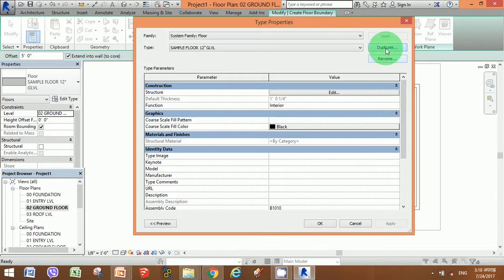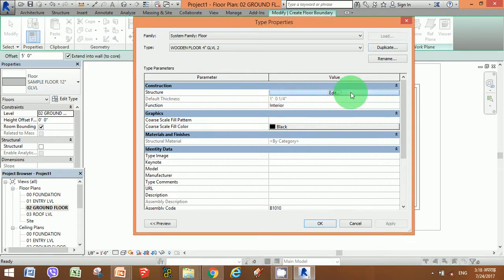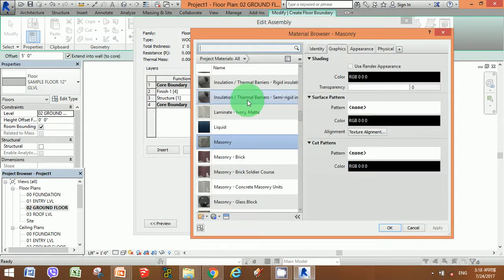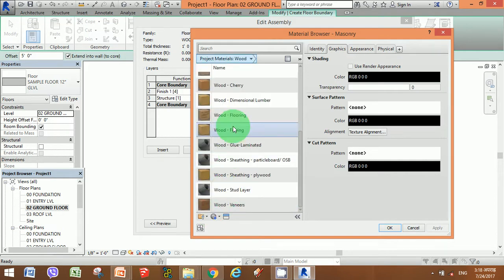We just duplicate it and rename it as the 4-inch wooden floor. Let's edit it and make the finishing a parquet. Let's use parquet material, so we go to the wooden flooring material.